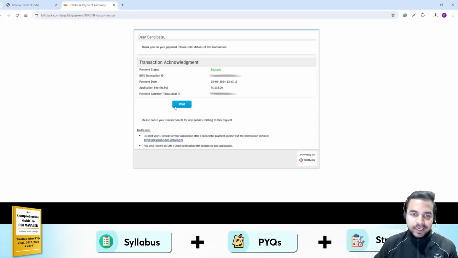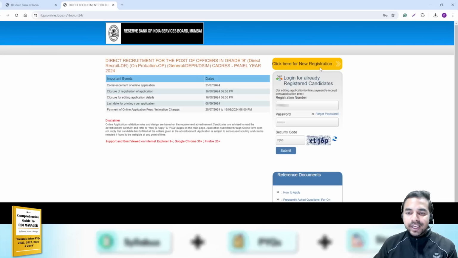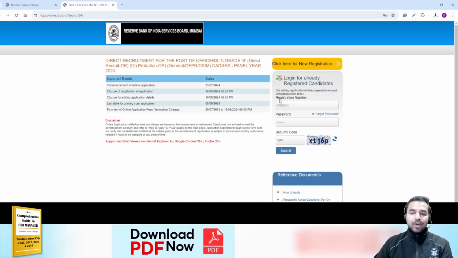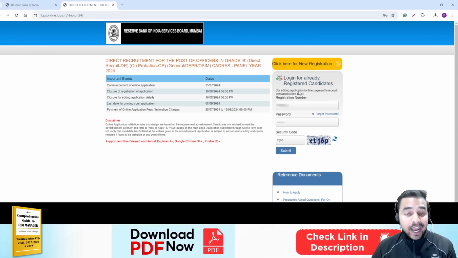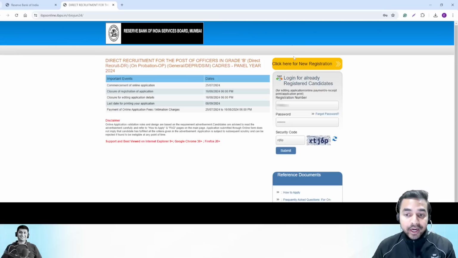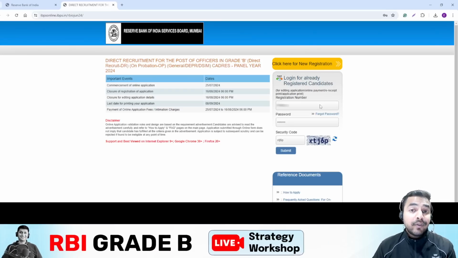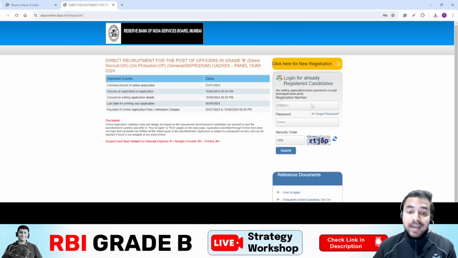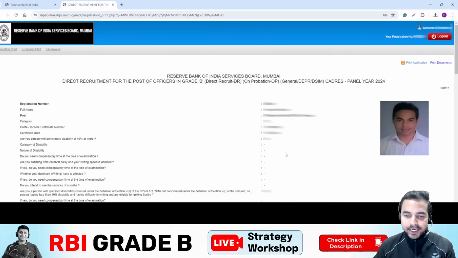So here I have taken the printout of this, and now once again I am going to this particular registration page. And why so? Right now, as I have already registered myself, I am not required to click here for the new registration, but I have to check whether I am able to fill out my form successfully or not. So you can see here I have filled out my details, and now I am clicking on submit here,